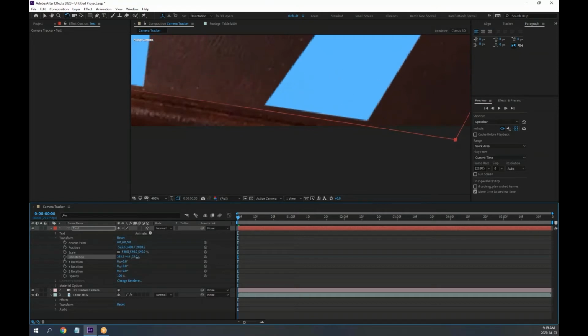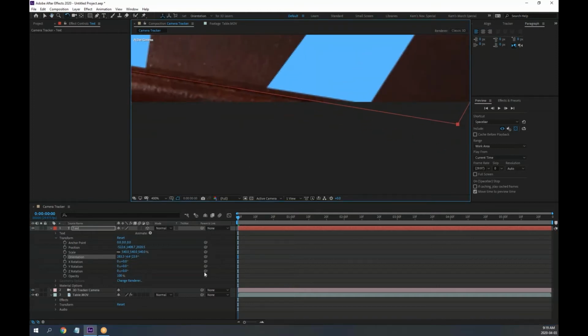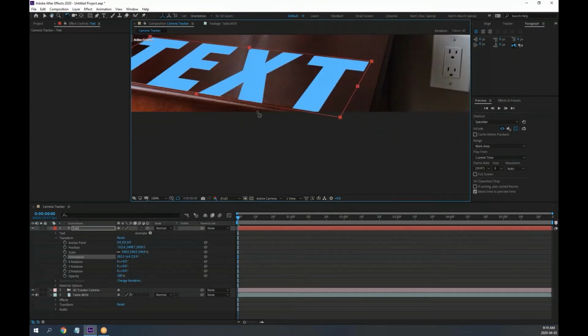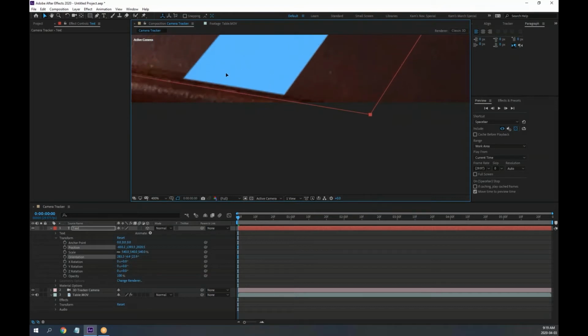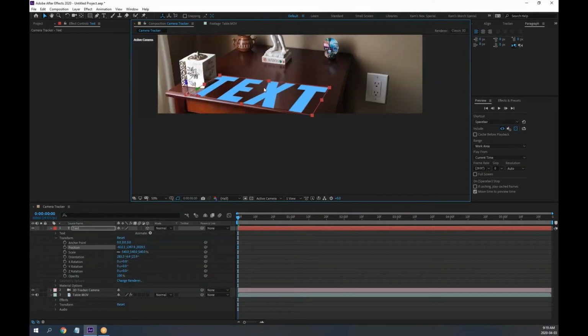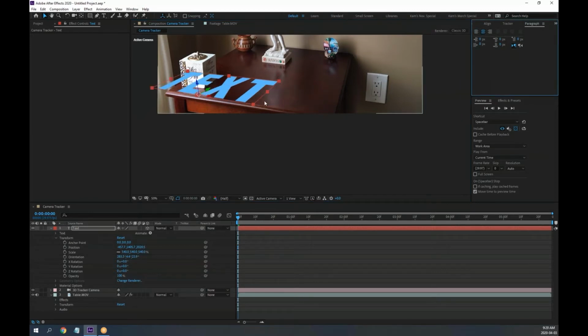Look. Done. This cannot get more precise than this. This is the most precise I can get to the edge of the table. If I move it around, you can see that's exactly at the edge. Now, once I'm done with this, all I need to do is put it in the middle,